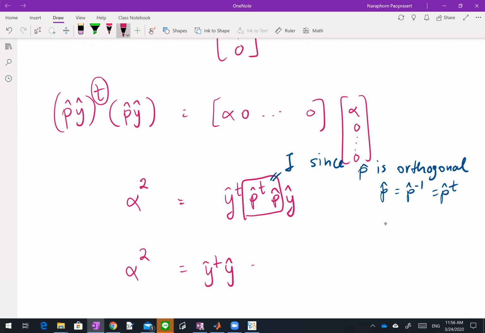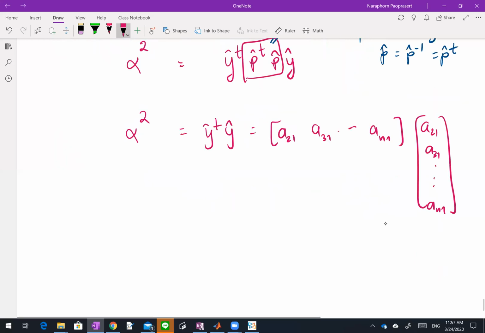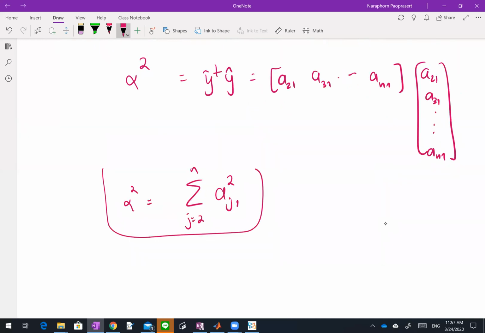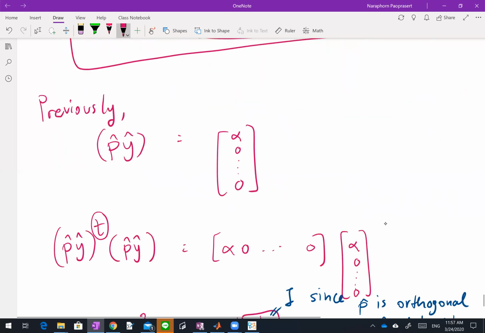And you know that your y is just a21, a31 up until an1, times a21, a31 up until an1. You multiply these two vectors together, you have alpha square equal to summation j from 2 to n of a j1 square. So basically you have alpha square is just the same as the summation of this. So from 4,